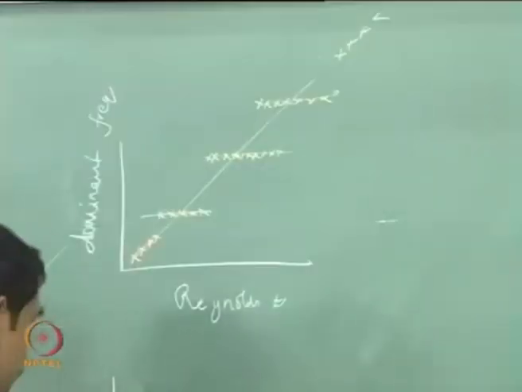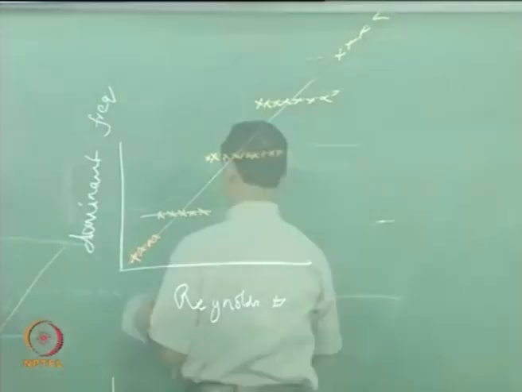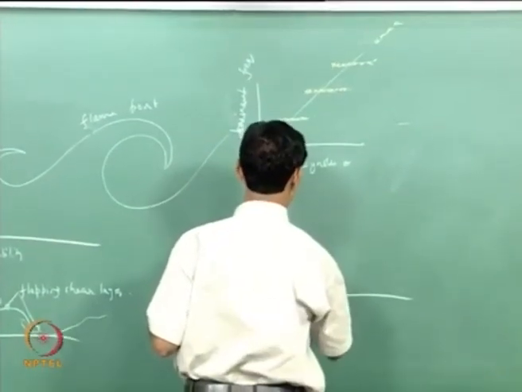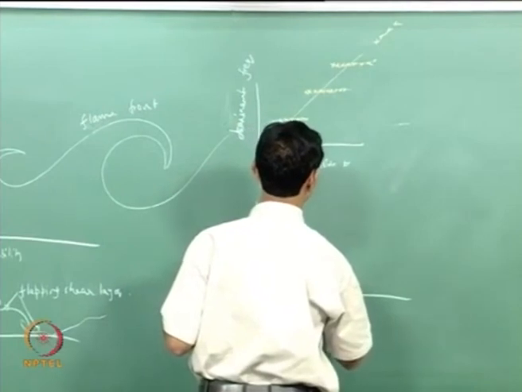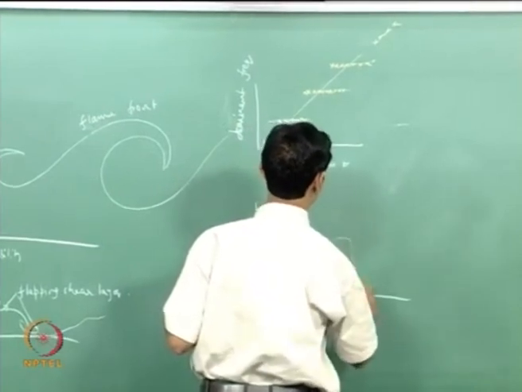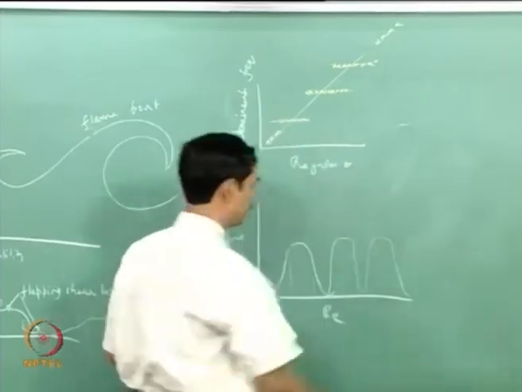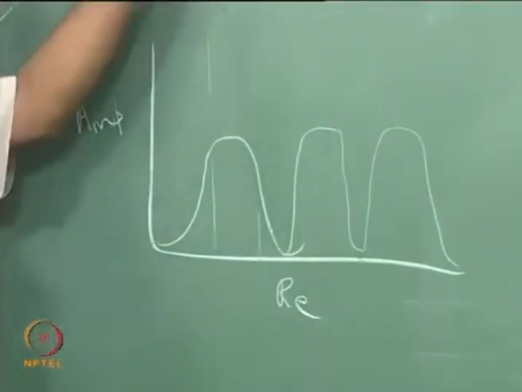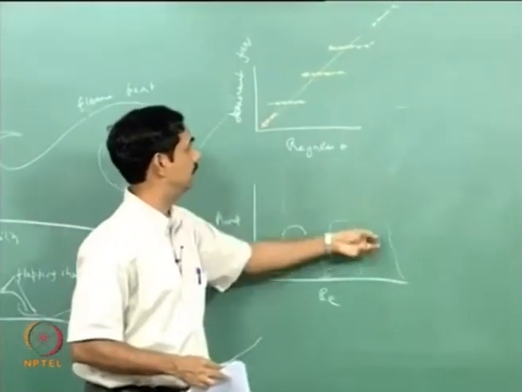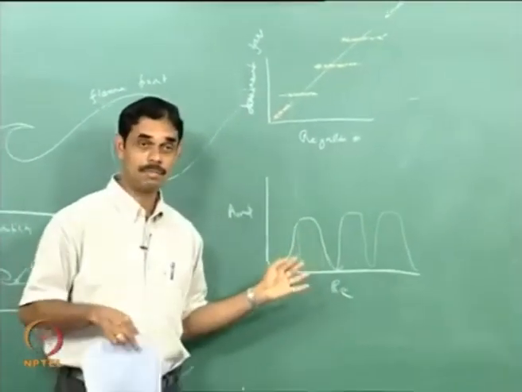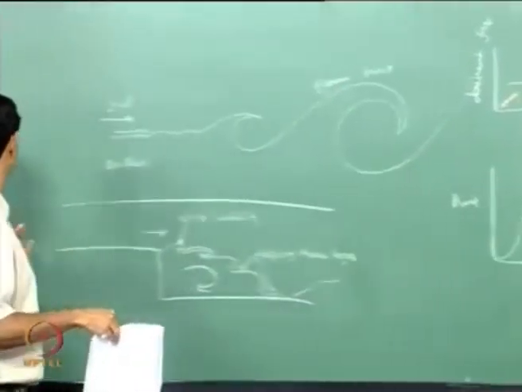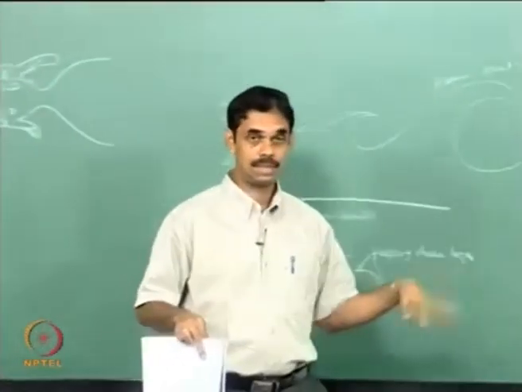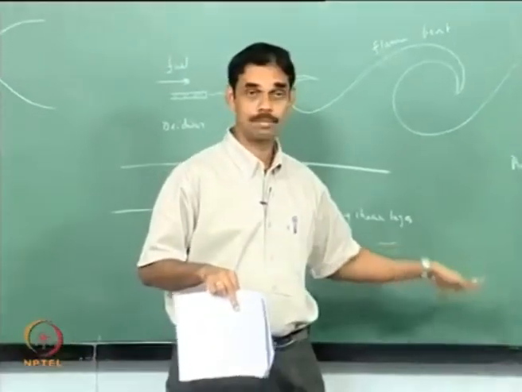And every time the lock-in happens, if you look at the amplitude, you will see some pattern like this, where it is locking to the first mode here, then it will jump to the second one, then it will jump to the third one. So this is what is happening in this situation that we drew here. Now the situation in a combustor will be different. I will talk about it next class because